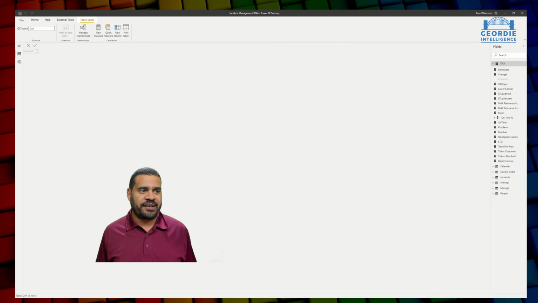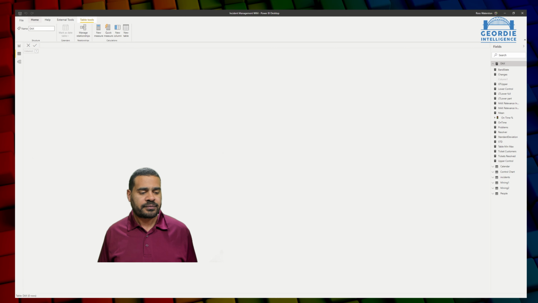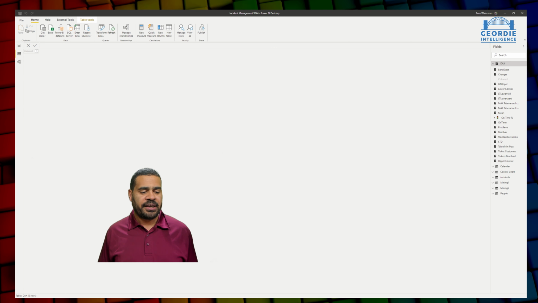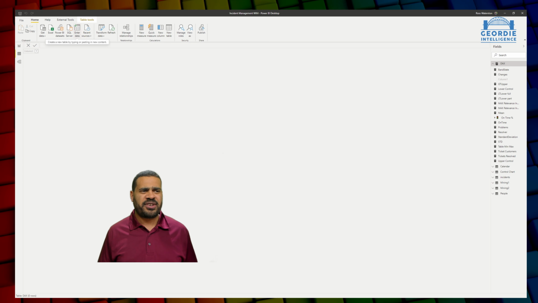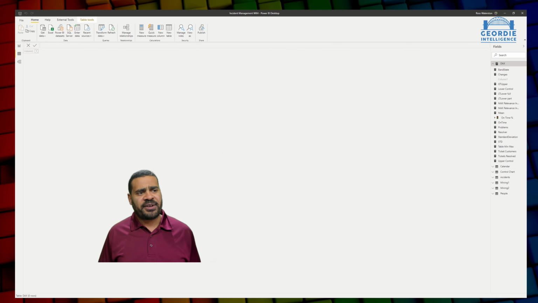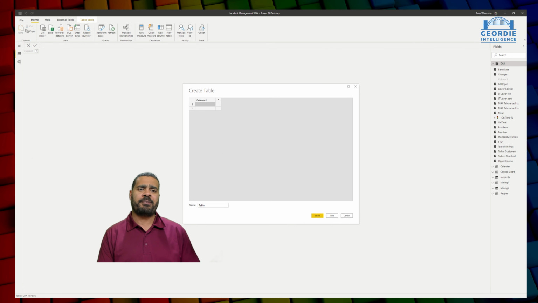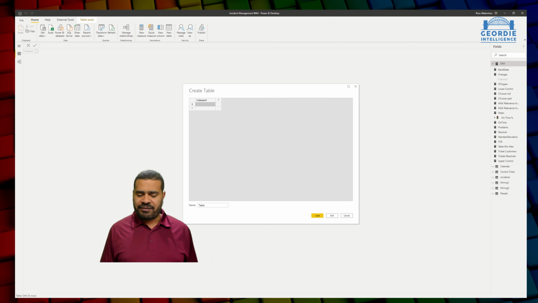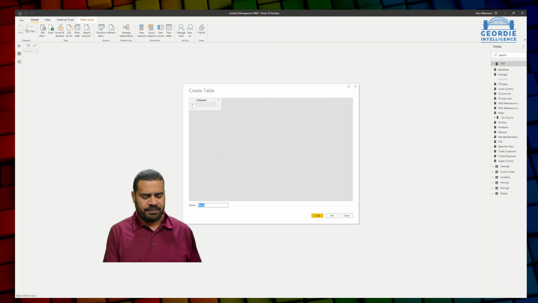So the first thing we need to do is go to this view here. On your home tab, you've got Enter Data, right? So we're going to create a new table and we'll do this by hitting Enter Data. Now, this is something that's there so that you can add small subdimensions that you might have. For this, we're just going to give it a name, right? We don't need to put anything in the column header. Let's just give it a name. I'm going to call this demo,